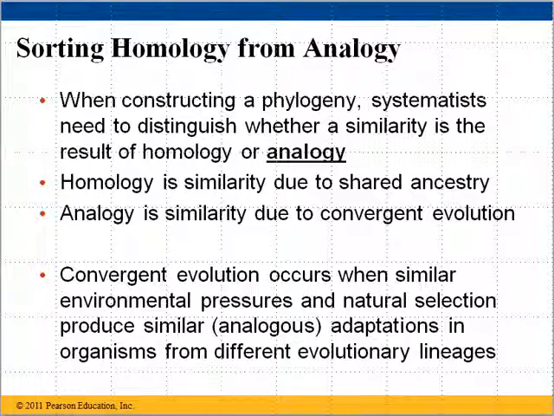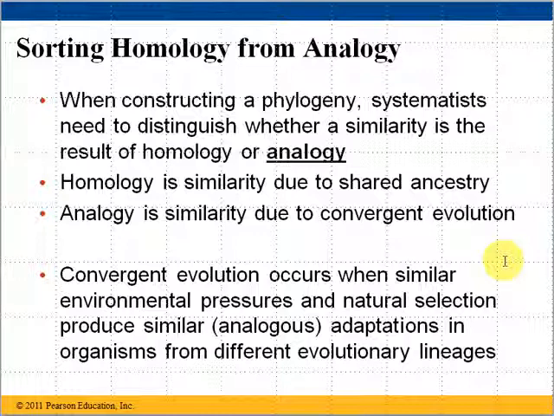Homology is similarity due to shared ancestry, and analogy is similarity due to convergent evolution. And if you recall, convergent evolution occurs when similar environmental pressures, similar habitats, perhaps everything from similar weather conditions to similar land and environments, natural selection produce similar, what we call analogous adaptations in organisms that actually come from different